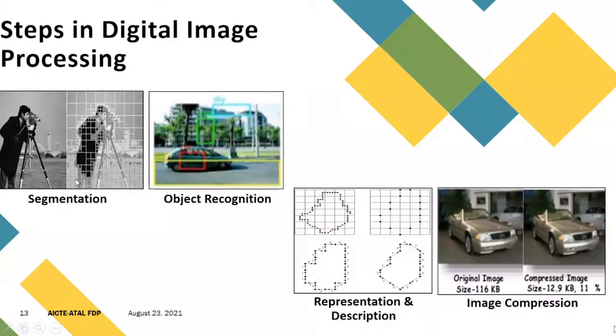Next is the segmentation. Here you can see an image of a cameraman, and in the next image some blocks have been marked, some larger blocks and some smaller blocks. So segmentation is what? You can segment any image, but there is a criterion for the segmentation, right? The criterion is how to segment it, whether you are segmenting by taking the same level or same objects into one class, or you are taking the different.